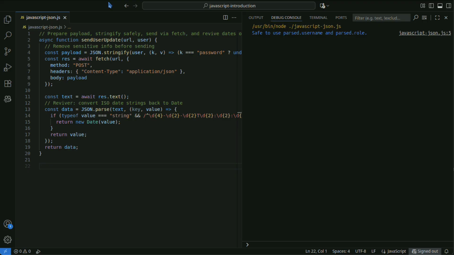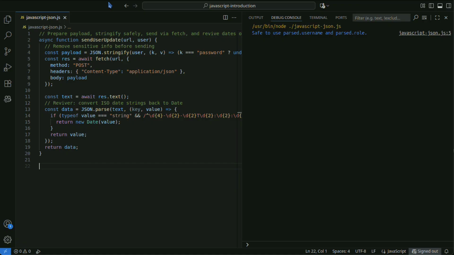Using JSON.stringify and JSON.parse, you can convert between objects and strings. You can customize the conversion process using replacer and reviver, and if you implement toJSON in a class, you can also control each object individually.